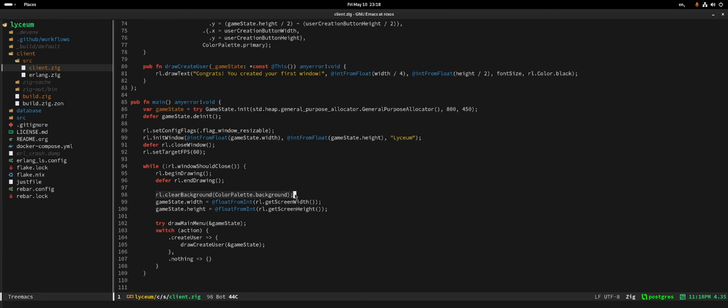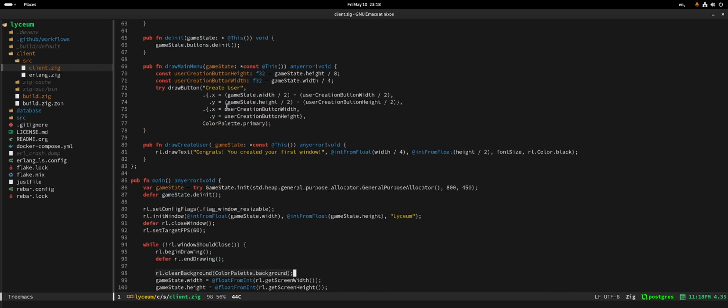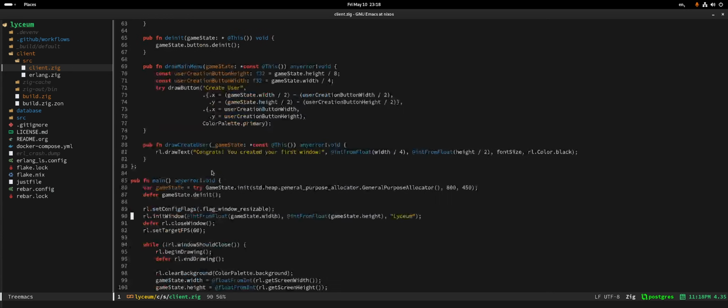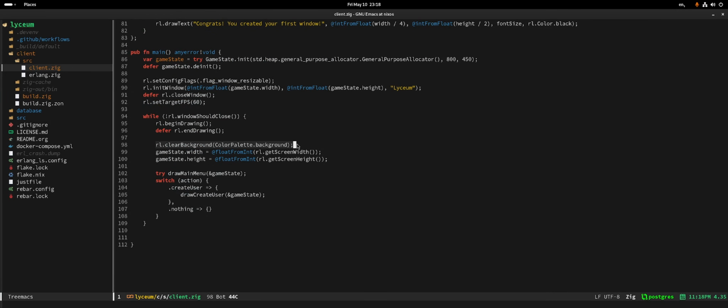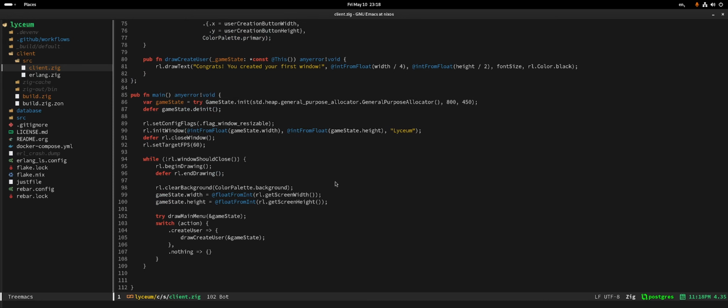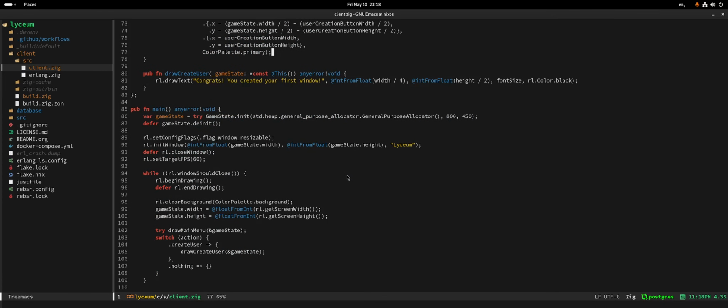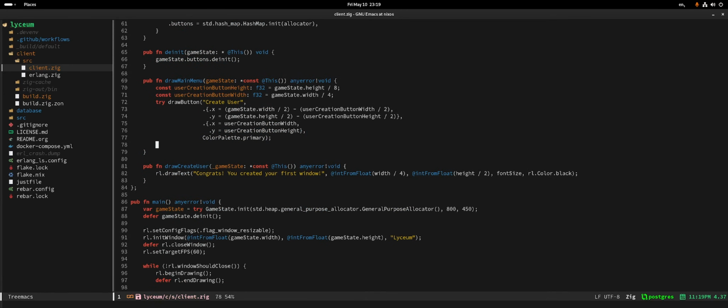So I don't know where the background needs to be because right now we are basically establishing that the game state knows how to draw itself. So maybe this should be there, but I'm not gonna bother now. This needs to be here for sure. And then we're gonna try to draw the main menu. And this is actually where we need to return the map. Well, actually, we need to mutate the map of buttons, right? Yeah, but this is kind of misleading now because now we're gonna mutate it,